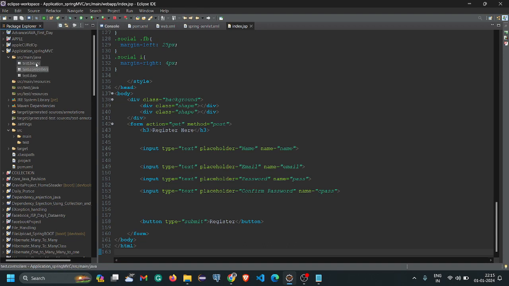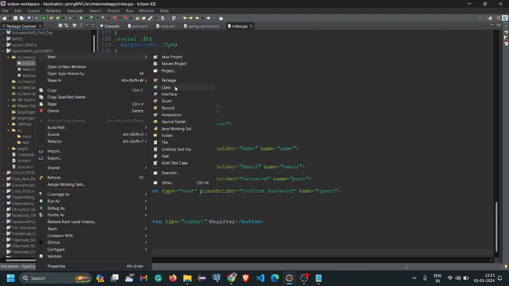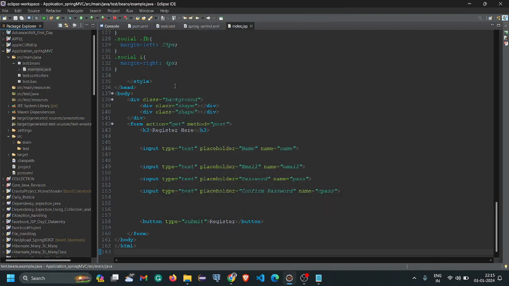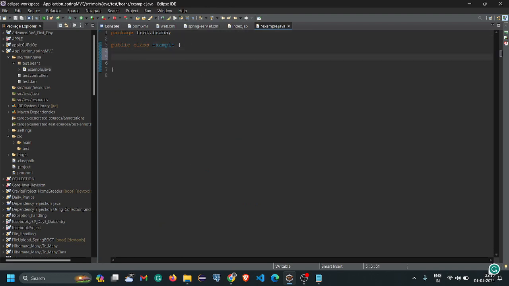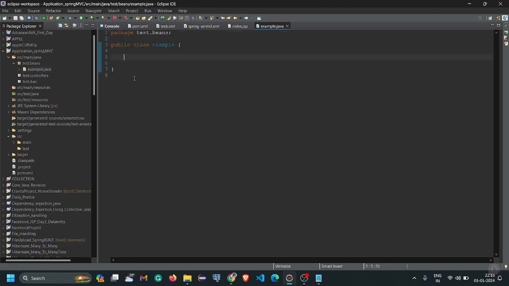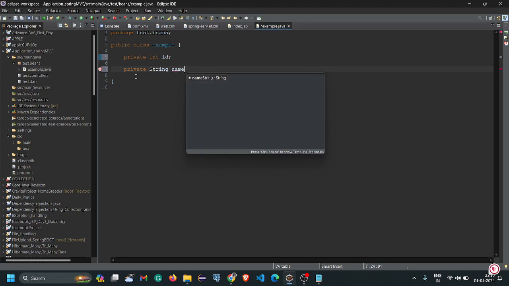Okay. So double click on beans, New, and create one class here. Okay. So our class name is, for example, Example. Click Finish. And we have to declare some variables here. Those variables are the same as these variables: name, email, pass, and cpass. These are the names of our input texts. Just similar to these input text names, we have to declare those variables. Okay, so private int id, private String name,